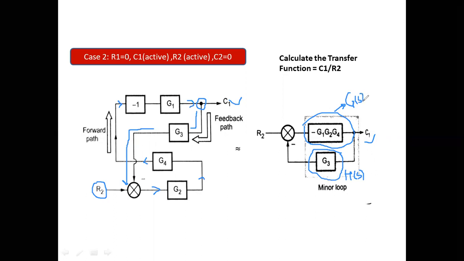Fine. I guess you got an idea of case 2 as well. And now you can apply a formula of negative feedback, because over here we have considered a negative feedback. So for negative feedback, you can directly use the formula of transfer function, that is C1 by R2 would be GS upon 1 plus GSHS, and put the value of GS and HS, you will get an answer.